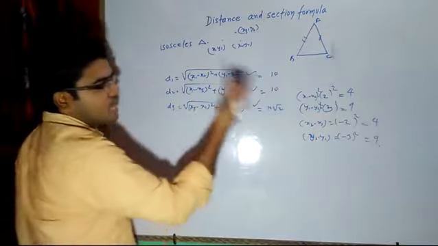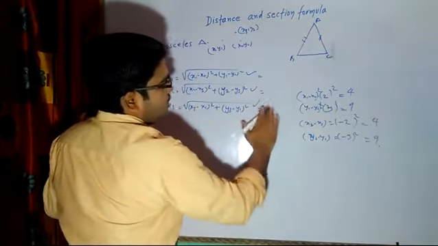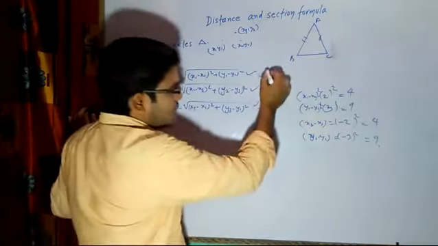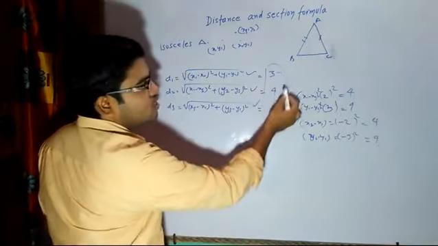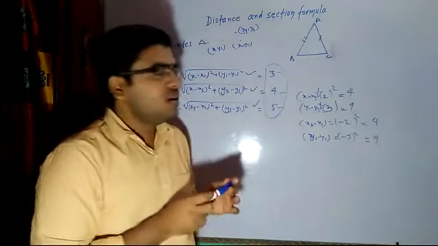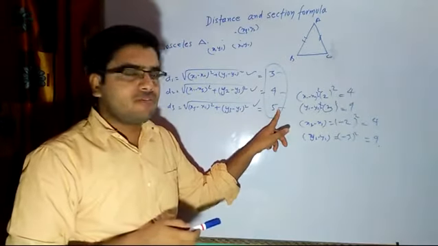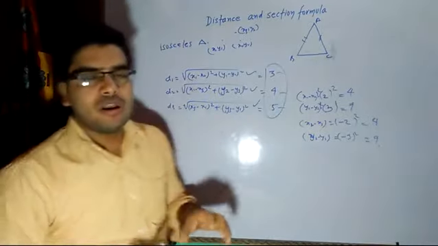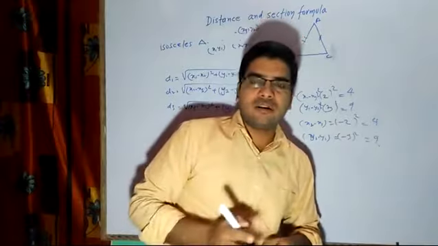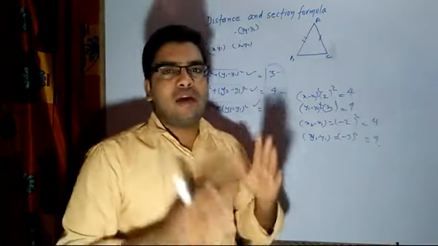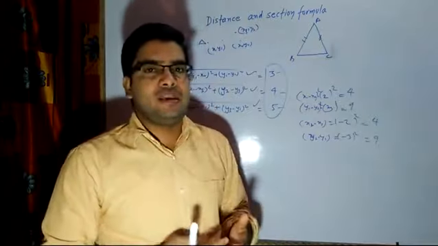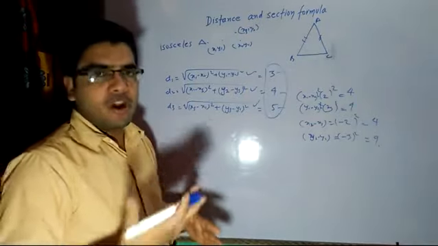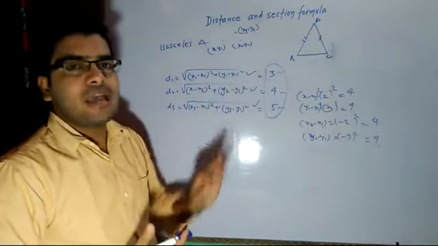If they ask whether it is a right angle triangle, then one side you may get 3, another side 4, and another side 5. If this type of situation comes, then obviously this is a Pythagoras triplet, and all of us know that the longest side will be 5 units and the remaining smaller sides will be 3 and 4. So first of all you have to calculate the lengths of the sides of the triangle, and then compare to see which type of triangle we will be getting once we plot all these points. We are not supposed to plot actually, but just calculate and prove it.